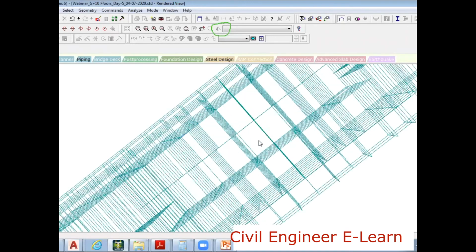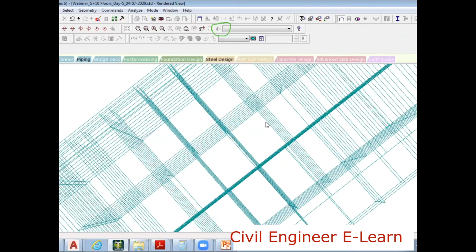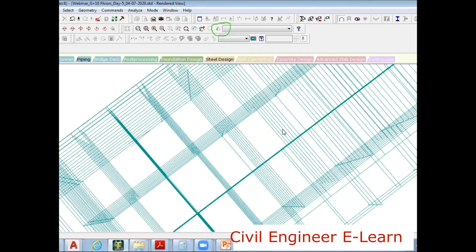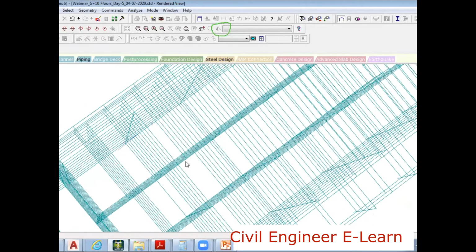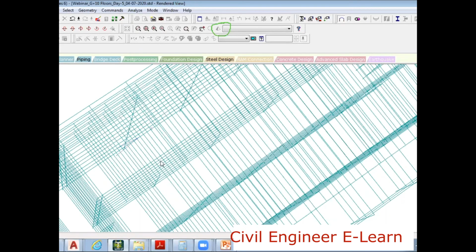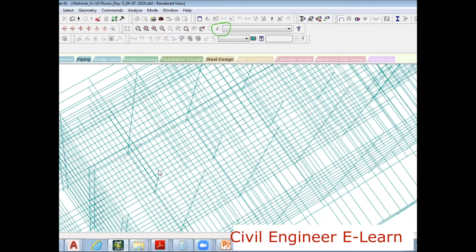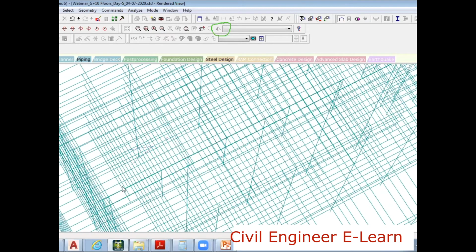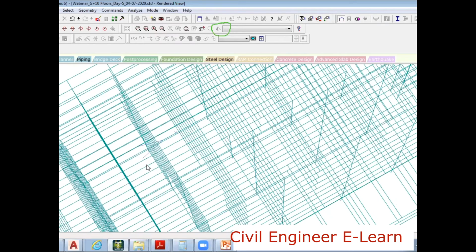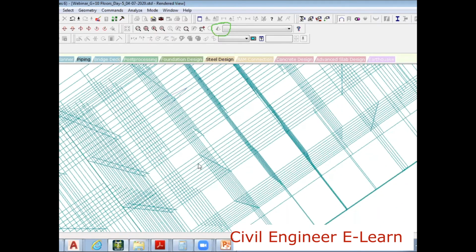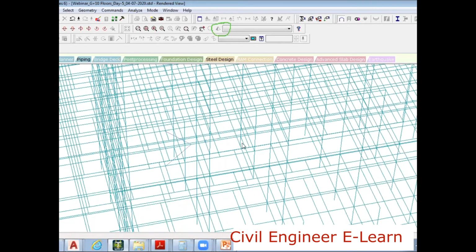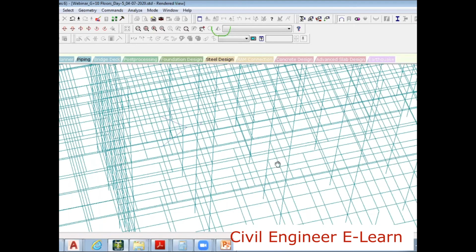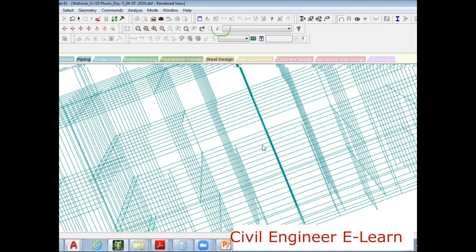Let's get into this structure. This is just a wireframe, since we have not assigned the property to this structure. Did you notice it?